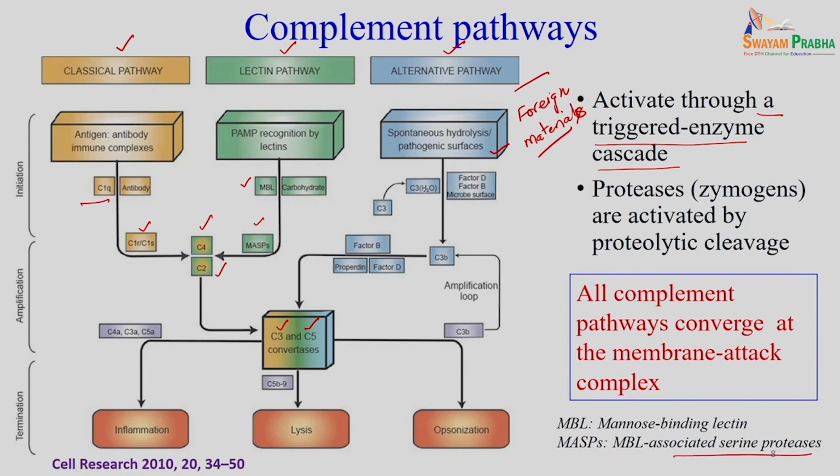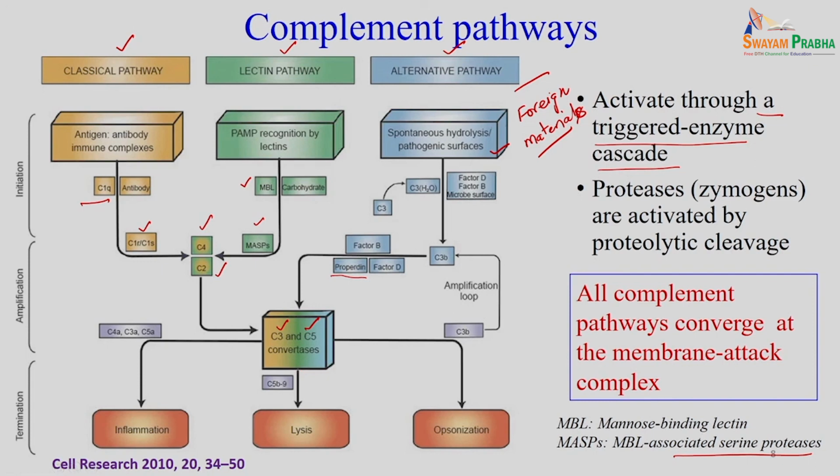Then it interacts with factor D, factor B or the microbe surface, and because of this interaction the hydrolyzed C3 is converted to C3b, and again in the presence of particularly these factors B or D, or you can also say properdin, the C3b is converted to the C3 and C5 convertases,